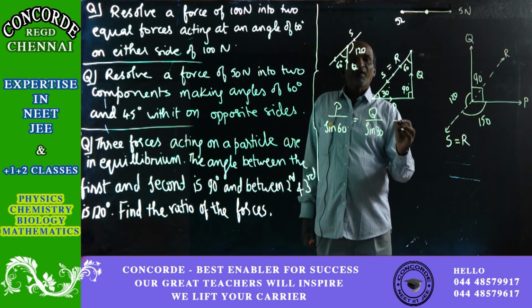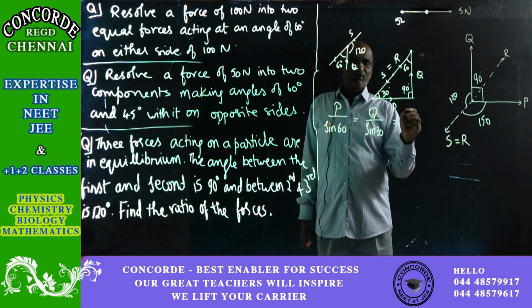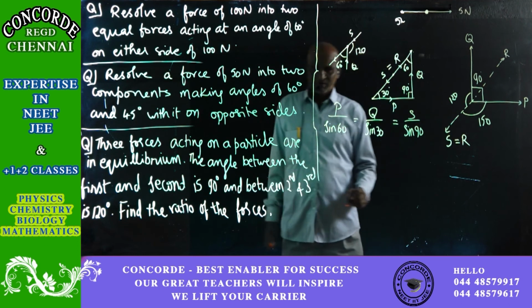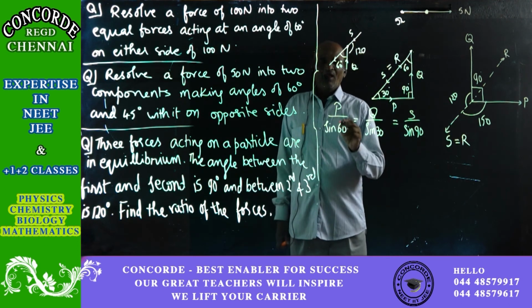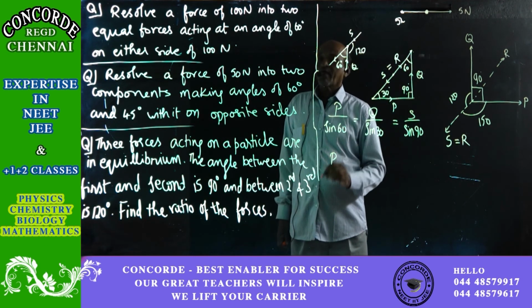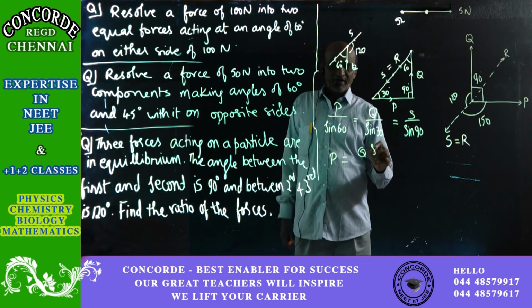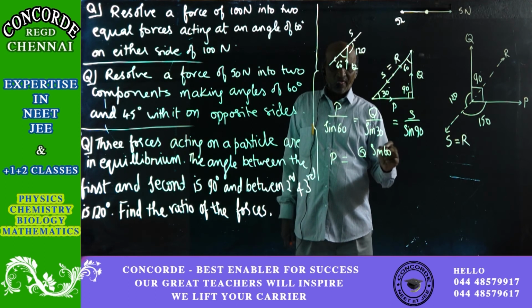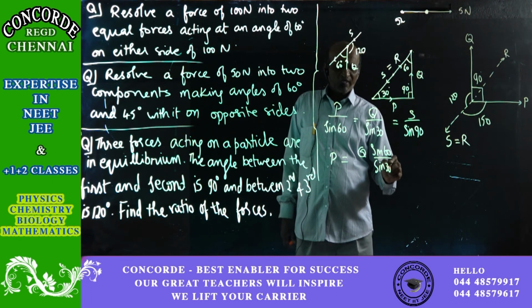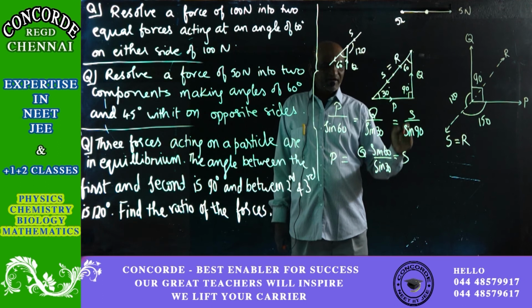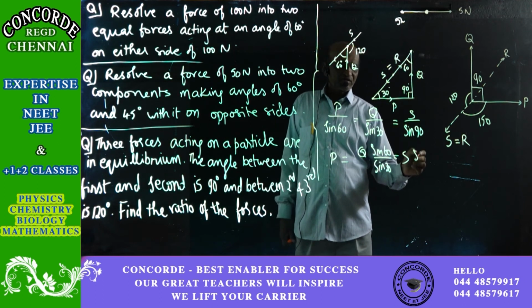Then the third force, S by sine of the opposite angle, so that will be sine 90. And we know, of course, that sine 90 is equal to 1. Therefore, P is equal to Q into sine 60 by sine 30 is equal to S. Sine 60 is taken everywhere, so you get S sine 60